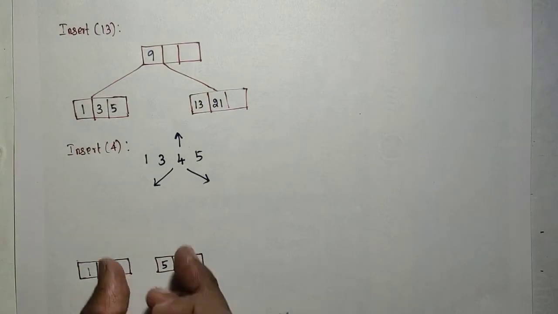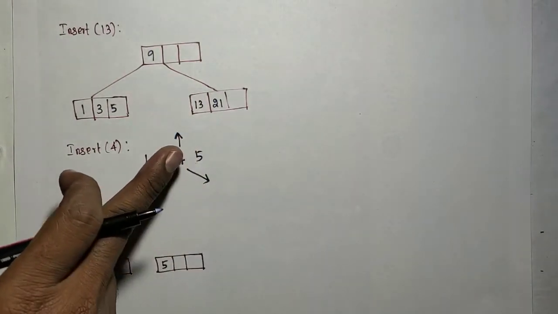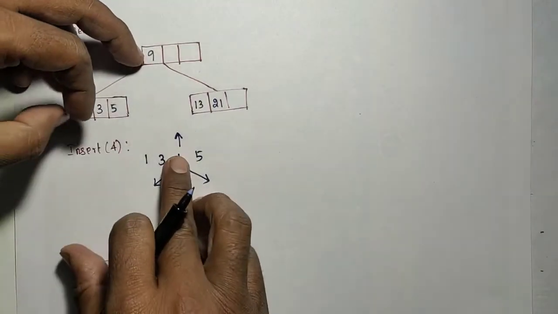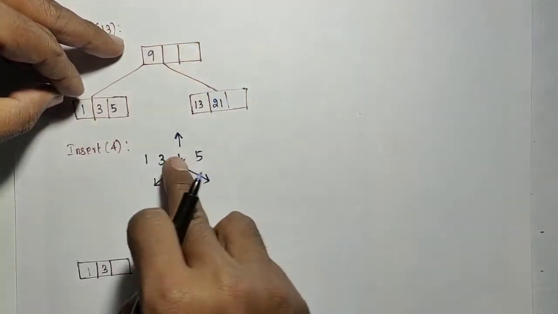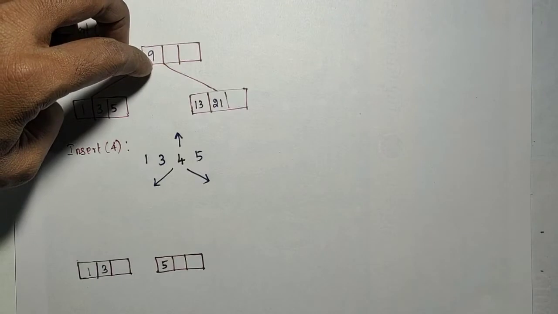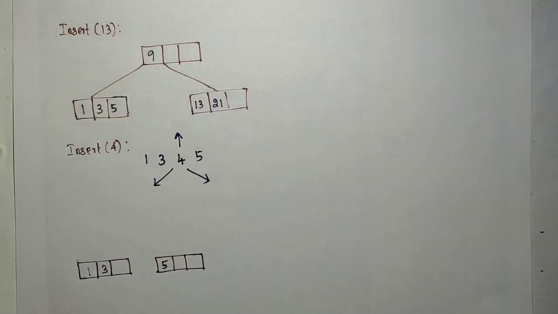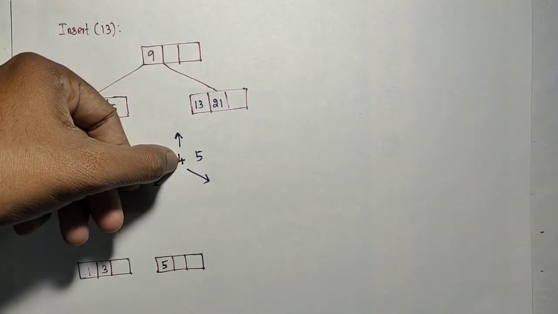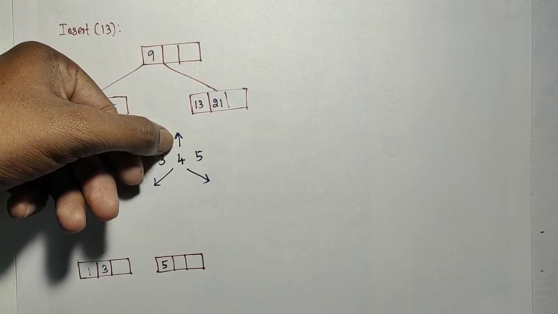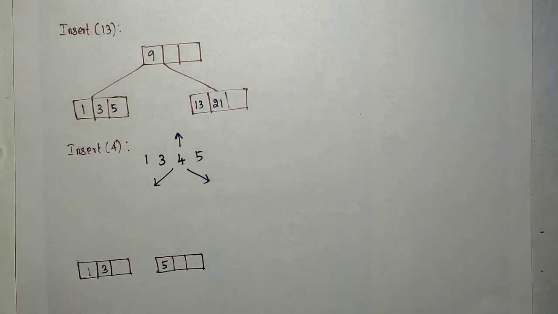Okay, we split and increase the level, which means the 4 will be moved to the previous level. If space is available in the previous level's node, I can store that 4 in that level itself. If it is not available, then I have to increase the level. So the level gets increased only when the space for the root node after splitting is not available in the previous level. In that case only we need to go for a split.